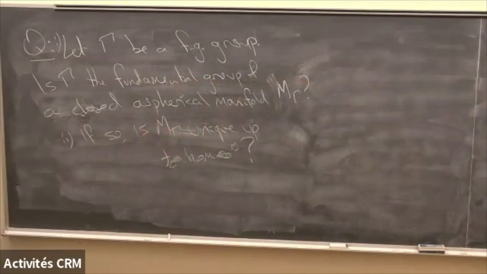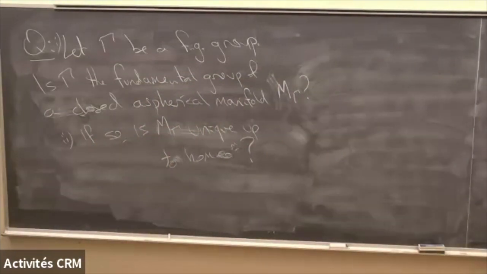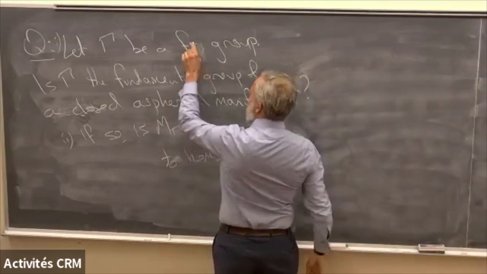I claim that these strike me as very natural and important questions. So this is what we're going to focus on for the next 3 talks. We heard from Nathan already that given any finitely presented group, it's the fundamental group of a closed orientable 4 manifold. And that 4 can be replaced by any number greater than or equal to 4. Now, if you're going to be the fundamental group of a closed manifold, then you'd better at least be finitely presented.